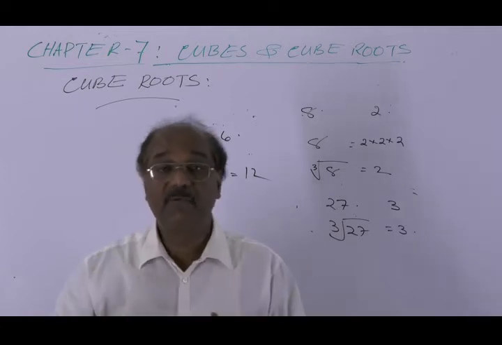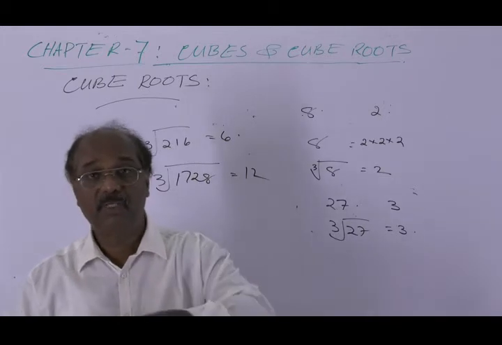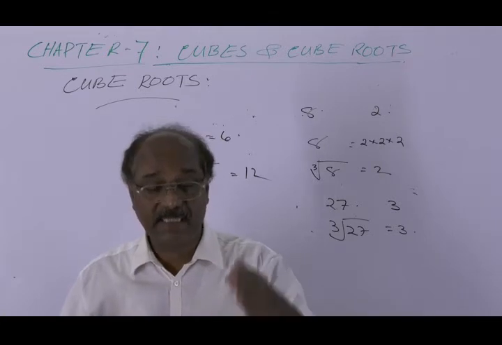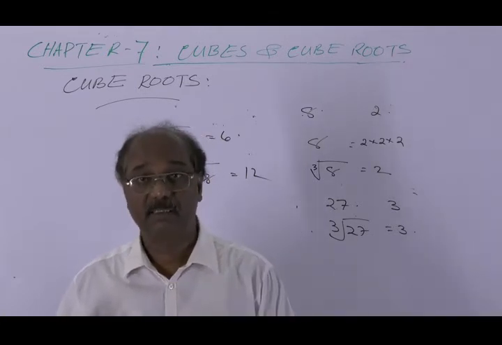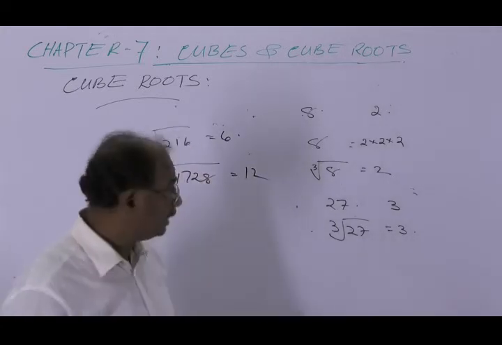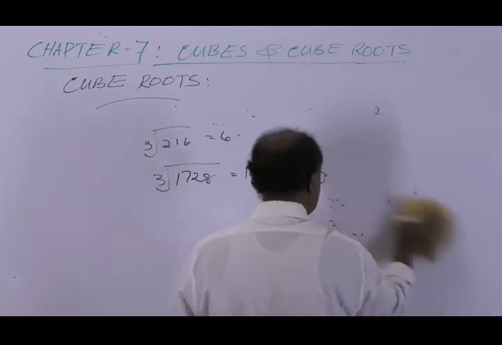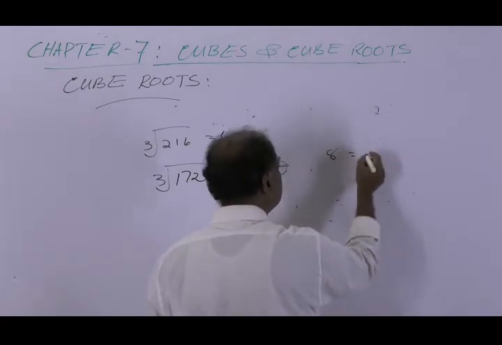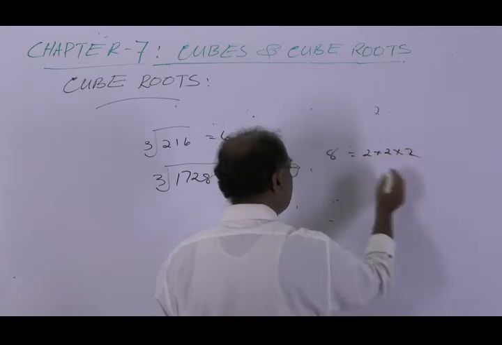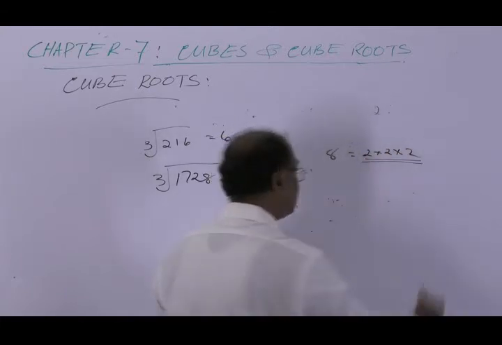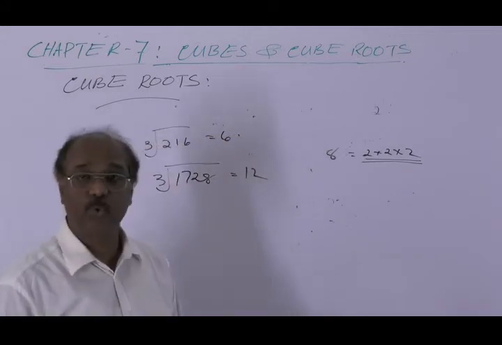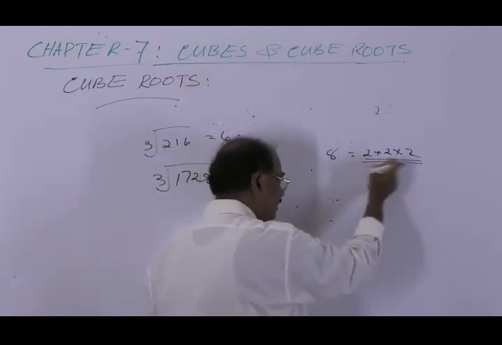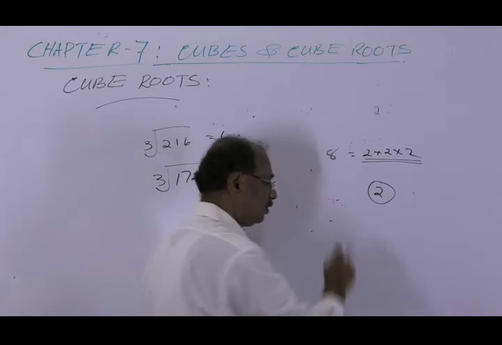So, what we do is, to find the cube root, we write the prime factorization of the given number, or factorize the given number into prime factors. So consider this. If we are given this 8, the prime factorization is 2 into 2 into 2. From this, we see that this prime factor 2 occurs in a triple. So take 1 from this triple of 2. So this is the cube root of 8.